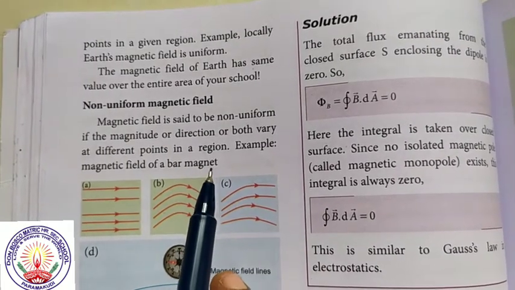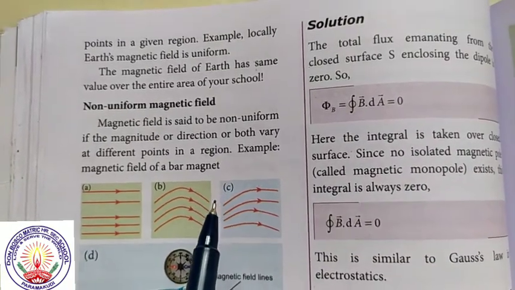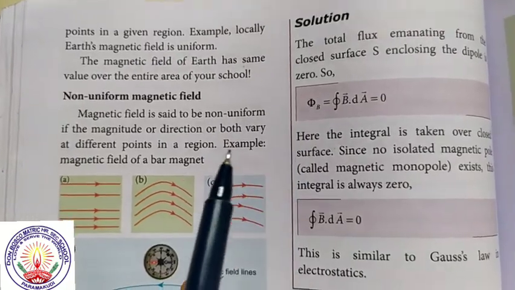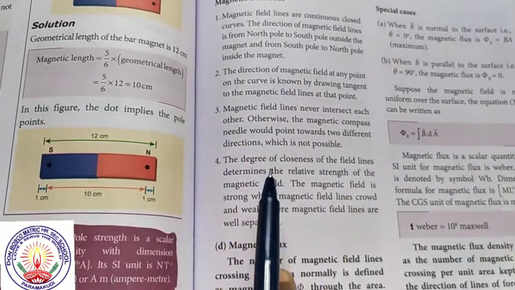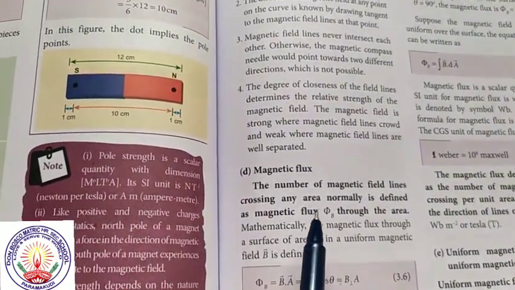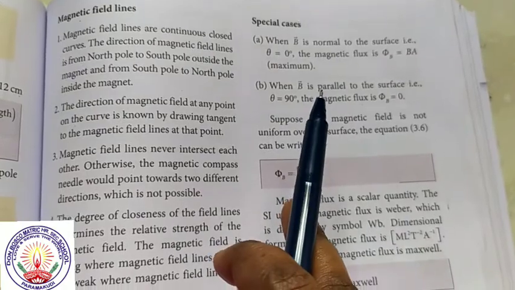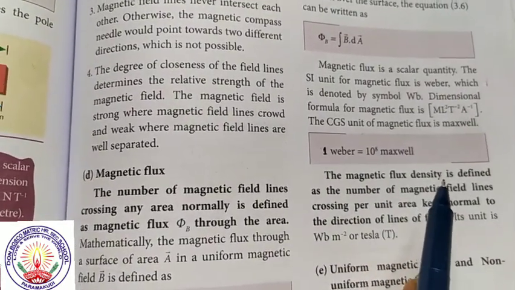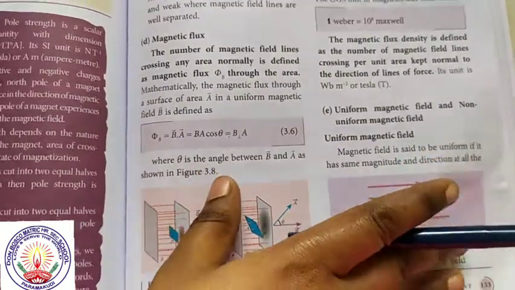We fix the bar magnet and place a needle in each area and mark its field. Depending on its direction, the field is created, and by the direction of the field we can identify whether it is uniform. Is it clear? Yes. So today we have to discuss magnetic field lines and those 4 points. Then magnetic flux: if they ask to define magnetic flux, give the definition, then the equation, then the 2 special cases, and these are 1-mark questions. The next topic is magnetic flux density. Define magnetic flux density and the unit, and uniform and non-uniform magnetic field.